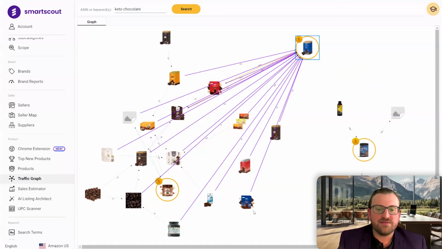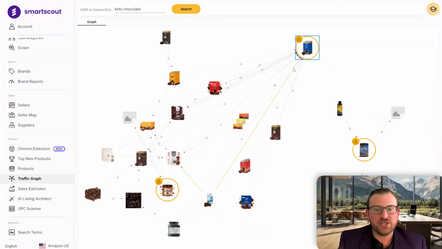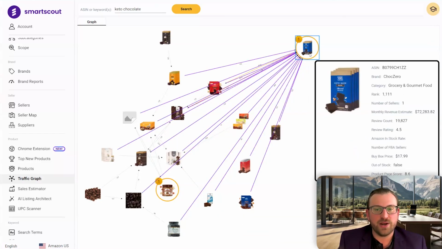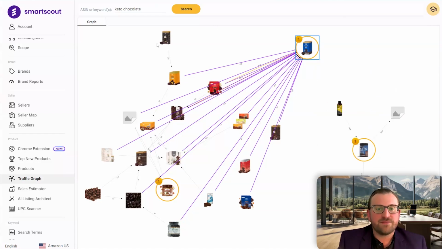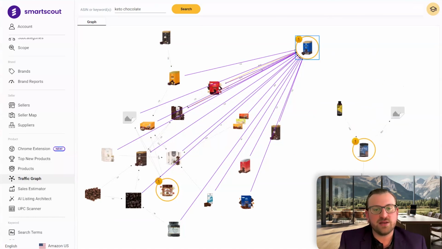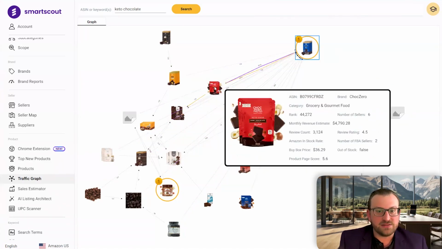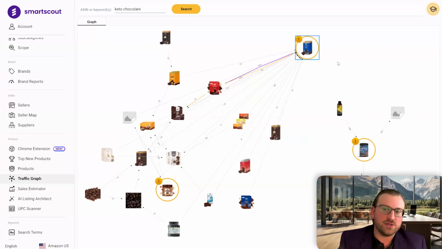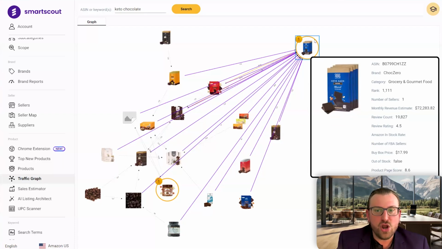What that means is if I were to go on any of these product pages that these purple arrows are pointing from, it would say frequently bought together and display this, frequently bought together and display this. And then the gold arrow is showing if I went on this listing, frequently bought together, it would display this. This is like a little shortcut in terms of ads and also helpful in bundling,